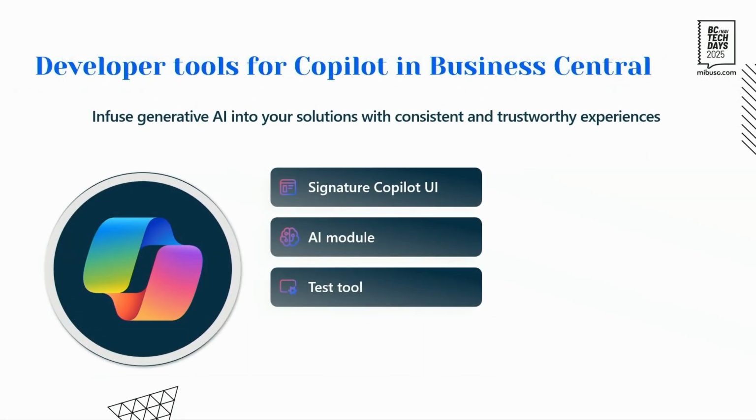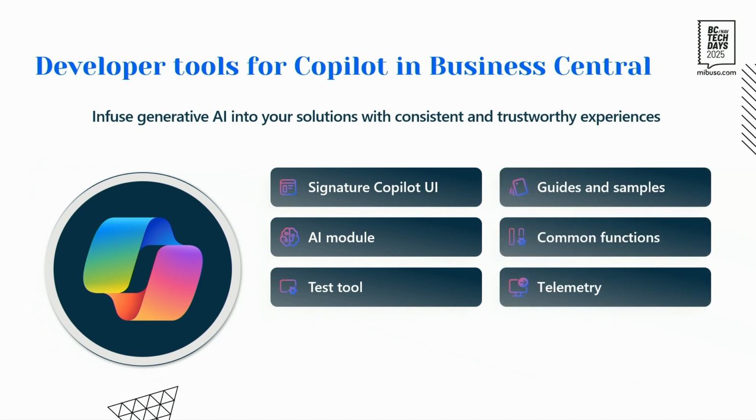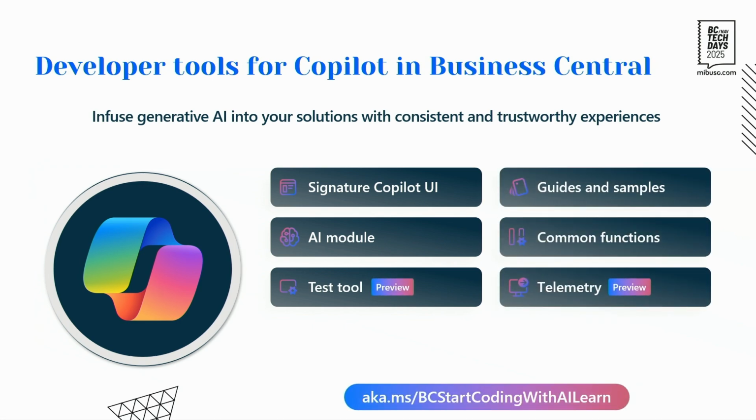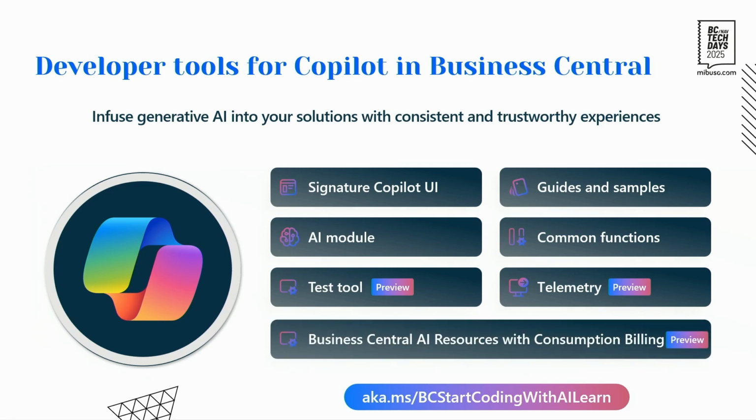Yeah, and as we said before, all of this is built with the toolkit itself, right? So in this release, as you probably heard in the keynote yesterday, we are moving something we call the Business Central AI resources from a private preview, which was by invitation, to a public preview, which makes it available to all of you who want to build Copilot features. And we'll talk more about that, and it includes also a billing mechanism, so that you don't have to care about billing, but can rely on Microsoft actually billing the customers directly for their use in production environments.